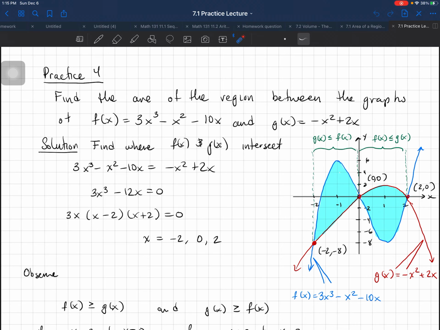In practice 4, it's asking us to find the area of the region between the graphs of the functions f and g. If we draw the picture, one thing we emphasized last time was that when finding the area between curves, it's important to recognize what is the top function and what is the bottom function. But there's a problem here, because f is the top function for